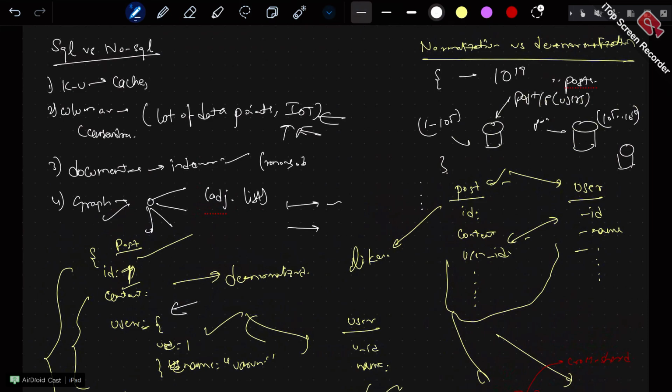Now in this, we will make our load balancer strategized in such a way that all the requests for a particular post, if you want to fetch, will only go to this database instead of fetching from this and all that. Whenever we are going to design a high level design, right?